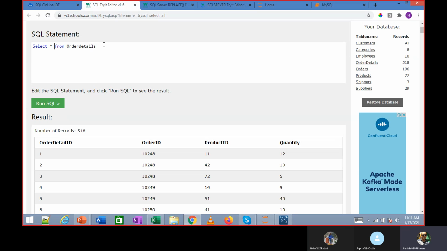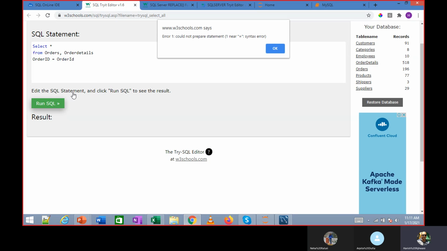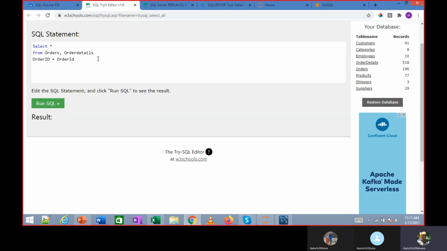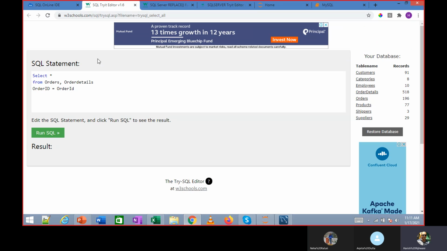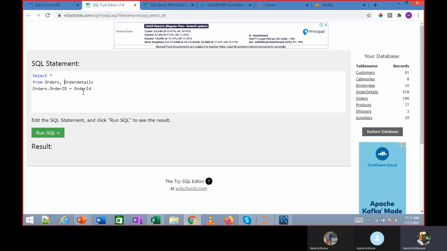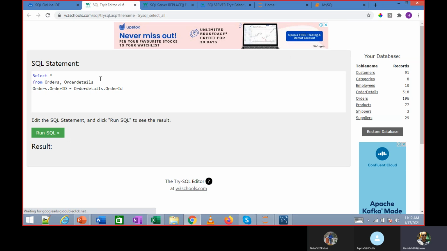What I can do is select star from orders, comma, order details. I cannot write order ID equal to order ID. It doesn't make sense. Yeah, there is an error. Which order ID are you referring to? So for that, I'll have to write it like this: orders dot order ID and order details dot order ID. Not coming. It doesn't take it that way.